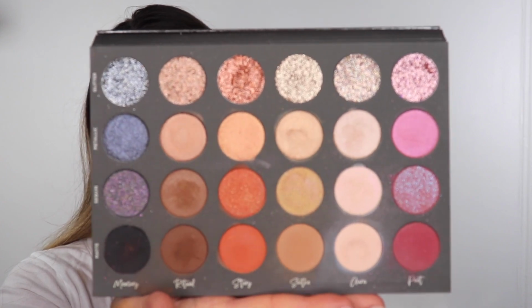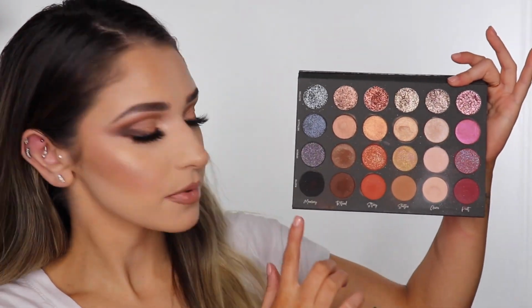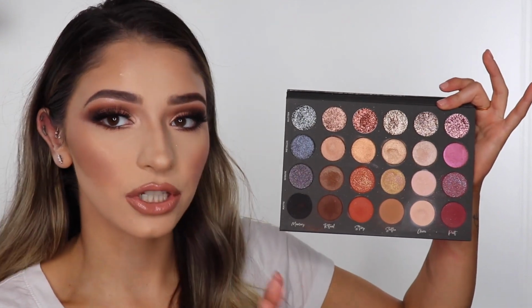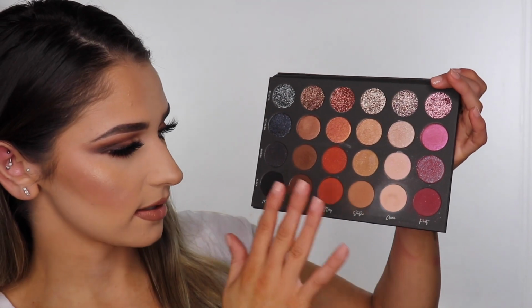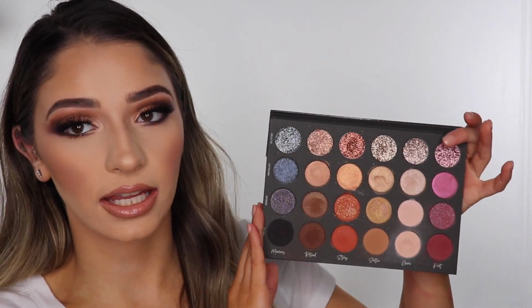You can use every single shade in this palette. It is literally gorgeous. So this is what the palette looks like. It's a different layout for a palette. The names are actually down here, and then we have the finishes on the side, which I really do enjoy. I really like being organized, and this is just very aesthetically pleasing to me. So you get 24 eyeshadows, you get 6 mattes, 6 sequins, 6 metallics, and 6 glitter shades, and you have